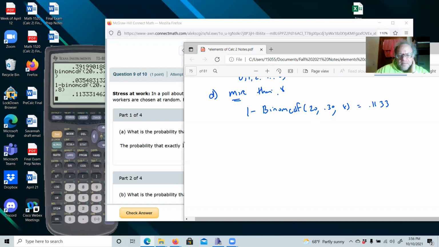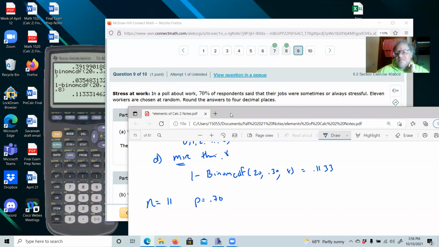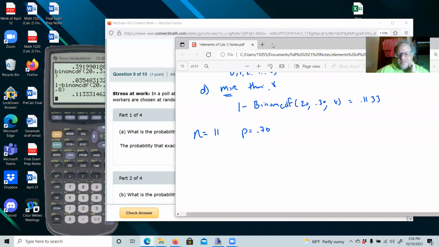So what's our setup here? We have a total of 11 people. We have a probability of success of 70%. Again, you could argue, is that really a success? Yes, because that's what we're studying, probability-wise. We want 11 people chosen at random. So part A, what is the probability that exactly 10? That's a particular number. So we want binompdf